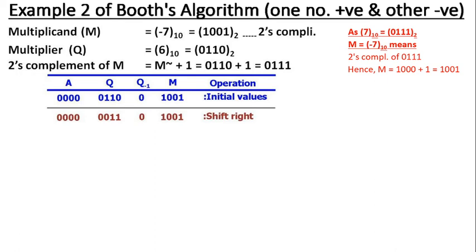Q0 and Q minus 1 bits will be tested. So the result of the first iteration, its Q0, Q minus 1 bits, are now 1, 0. Observe it carefully, it is 1, 0. 1, 0 means in this second iteration, I have to perform the A minus M operation, subtraction. In this second iteration, I have to perform a binary subtraction.